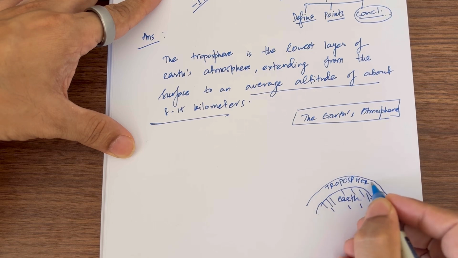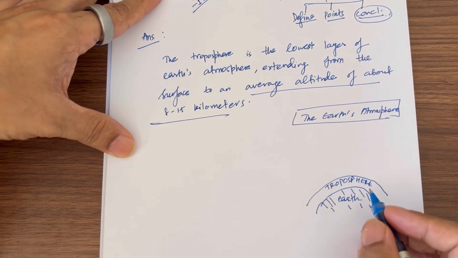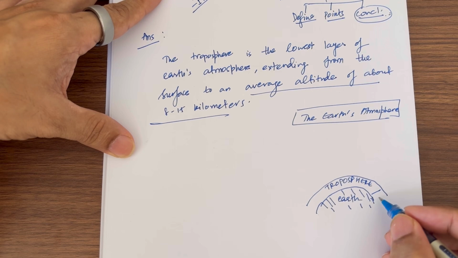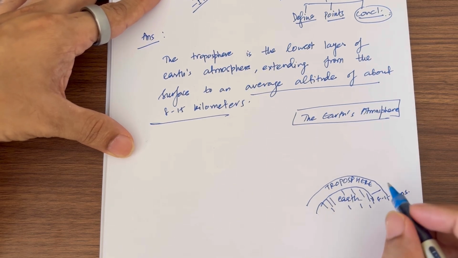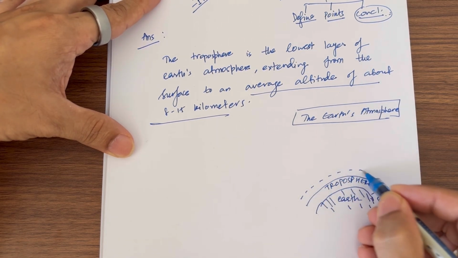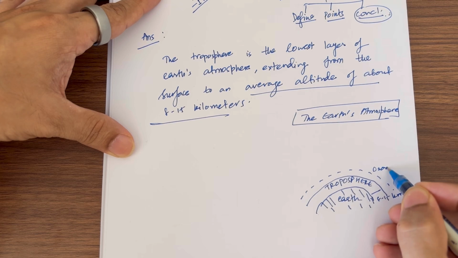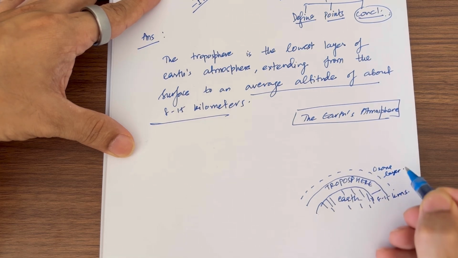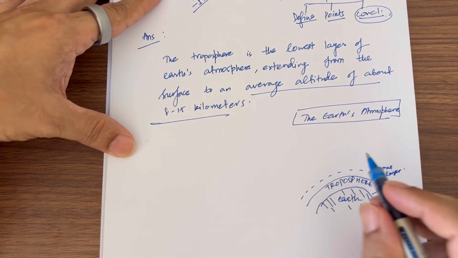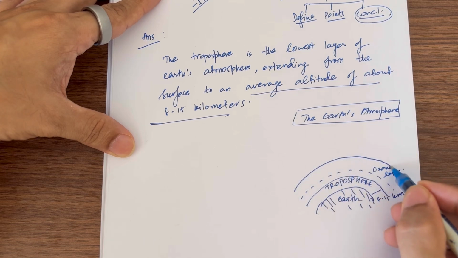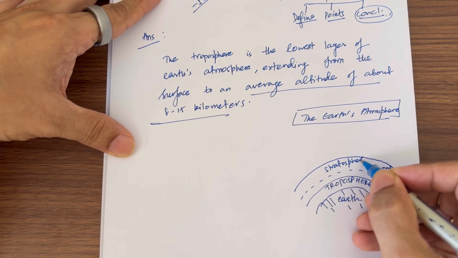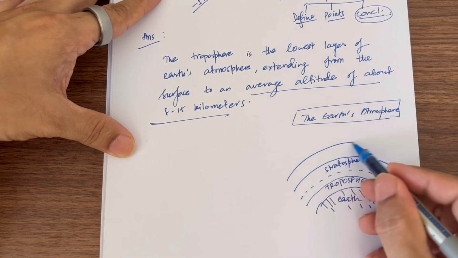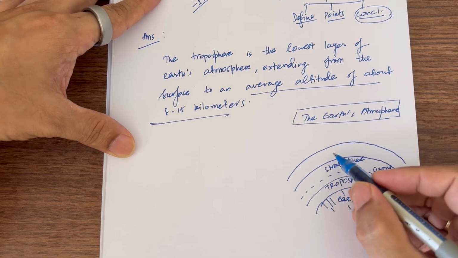Troposphere, you can show the troposphere here, you can mark it also around 8 to 15 kilometers, and then after that you can show the ozone layer here, then you have the stratosphere. So this way what happens is the examiner gets an idea that okay, you are aware of the layers,